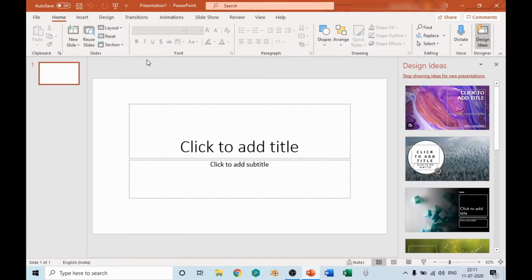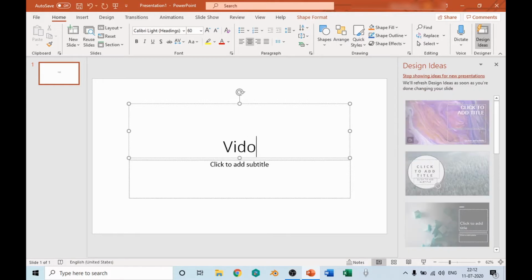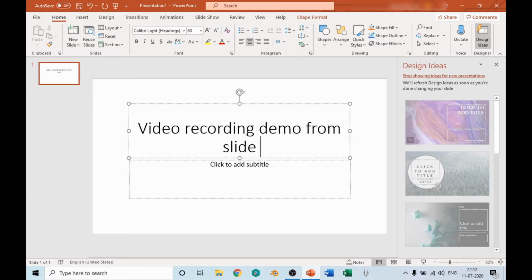Within the blank presentation, I can see a slide here having a certain layout, so that doesn't really matter. I'll just start typing this as a video recording demo from slideshow, right?